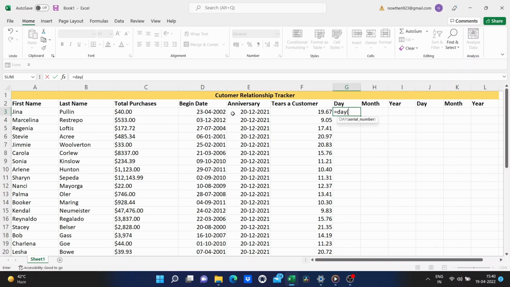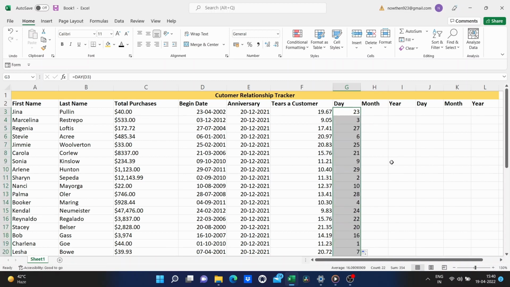So, D3. Tap enter on the keyboard, and I've pulled out just the day number out of this date. I can click on G3, double click on the green square, and it copies down the sheet.